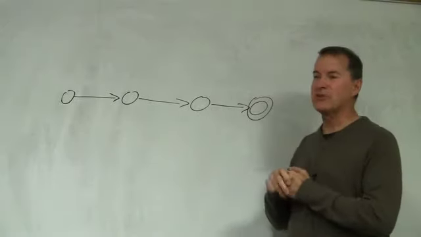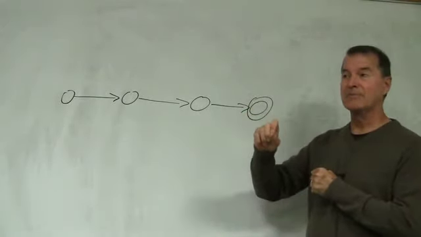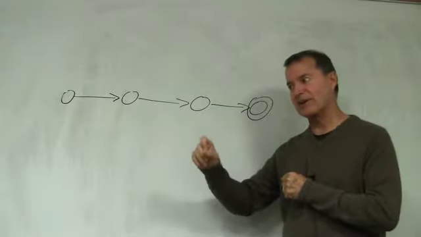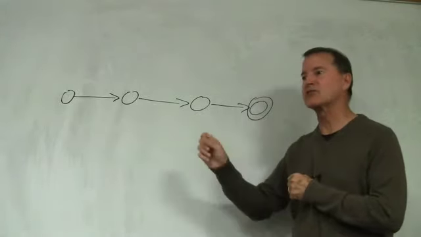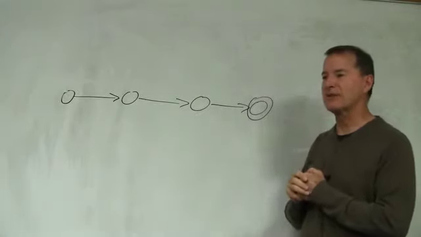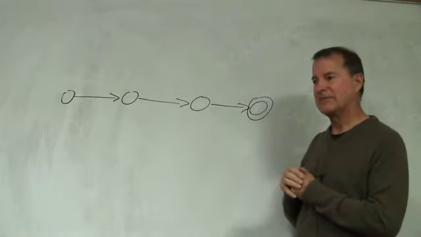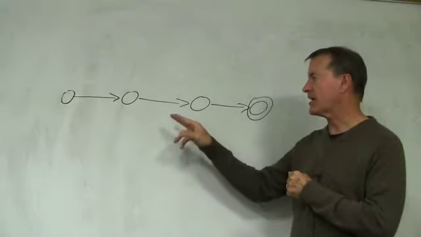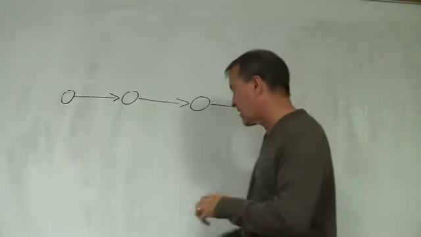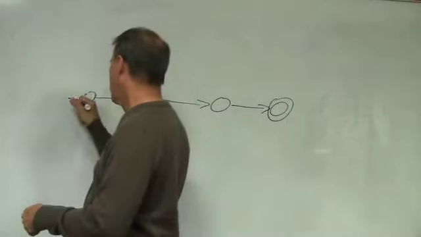And usually what happens when I grade these is I say, oh, yeah, it does recognize this, but it also recognizes this, and it shouldn't. They're usually too accepting. So you have to think it through. The key, like if this is coming in here from the start, the key thing is,